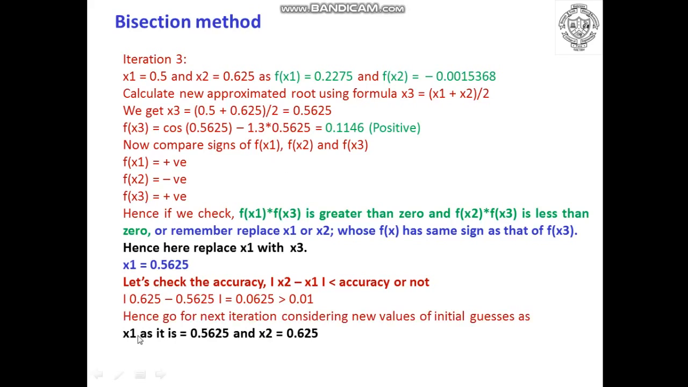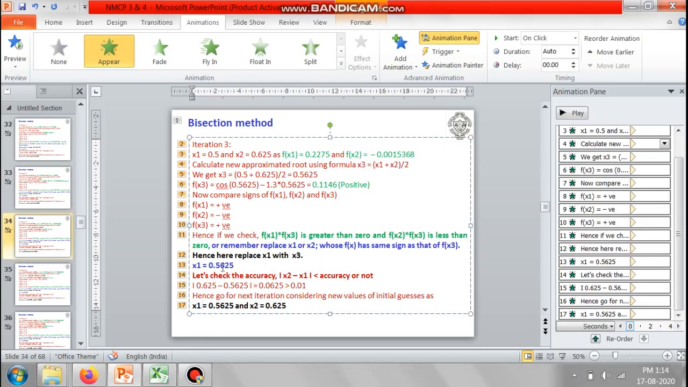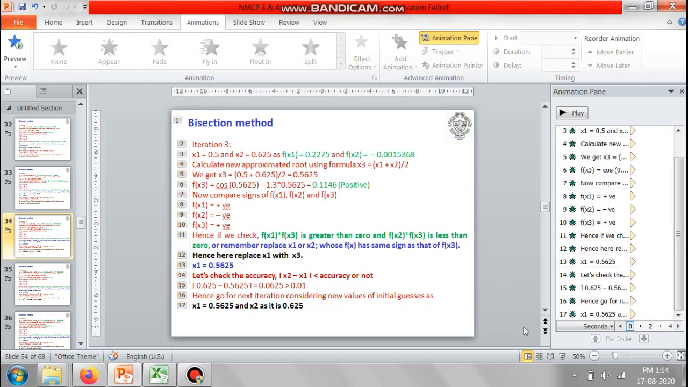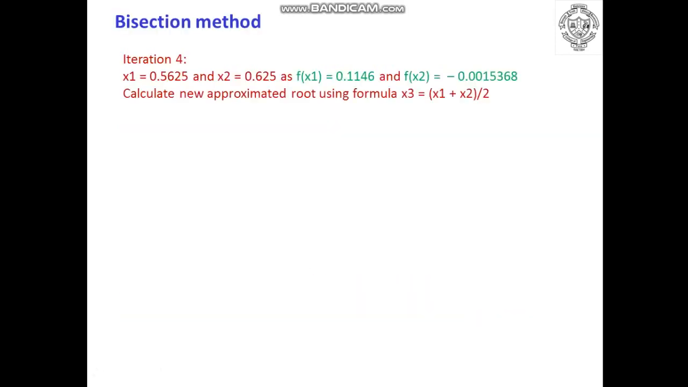But now for the next iteration, the value of x1 will be changed, which is nothing but 0.5625. Here it is wrong, actually I should change this. x1 has been replaced with the value of 0.5625 and x2 will be as it is. So the value of x2 was 0.625. So for the next iteration we have to consider the new values, that is iteration 4, as x1 will be equal to